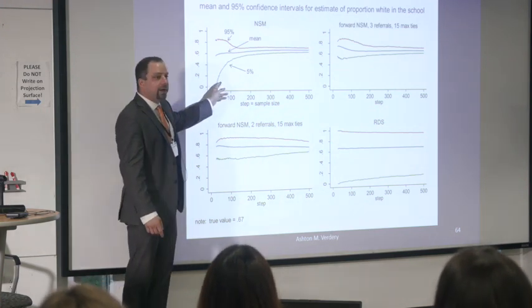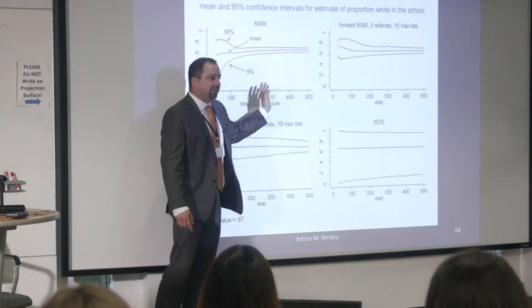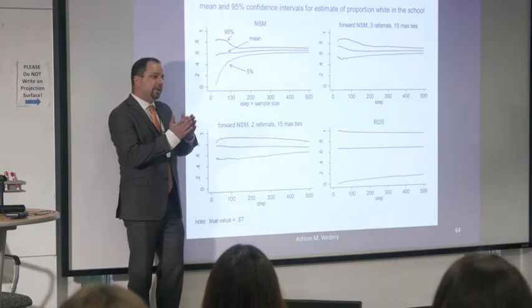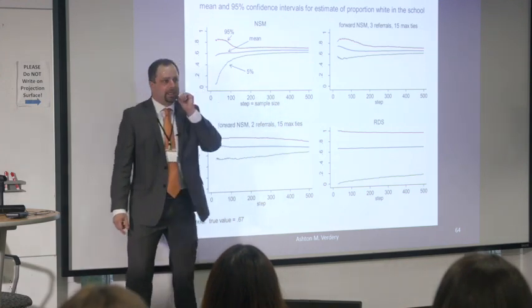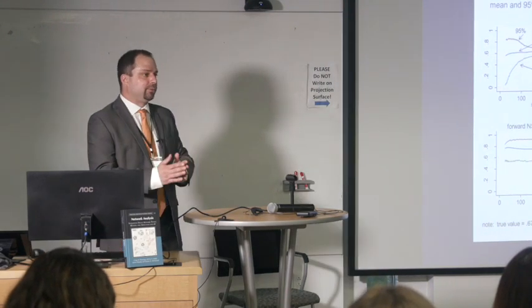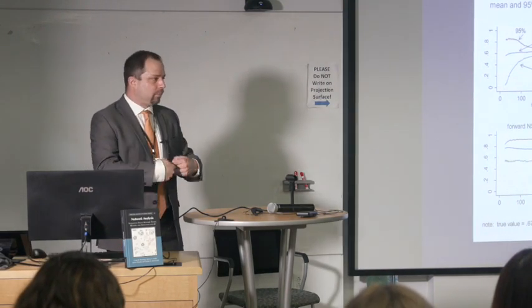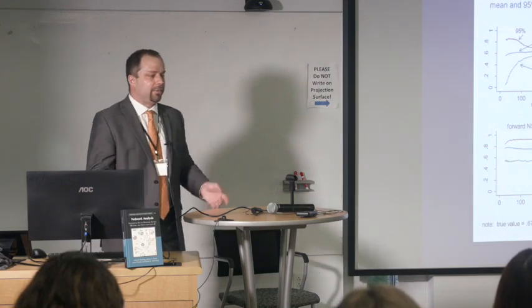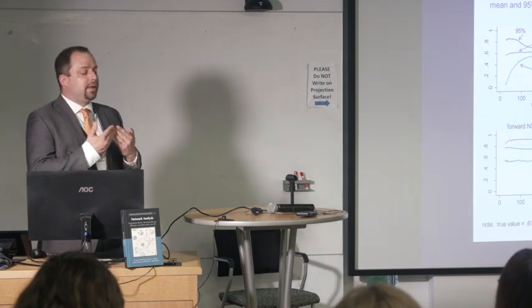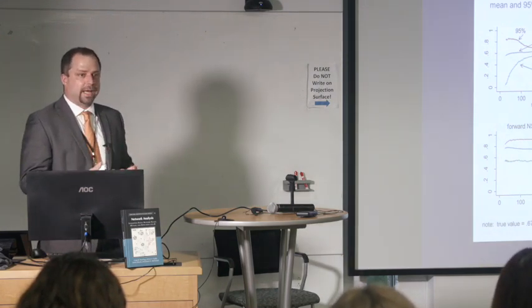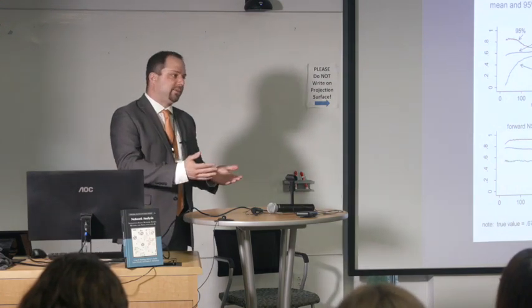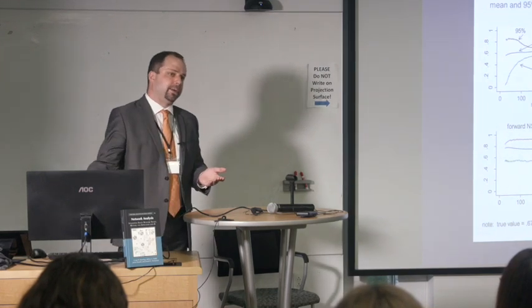What we see is that in our network sampling with memory approach, as well as in different variants that think about different ways of collecting the data, that confidence interval is collapsing very quickly to being very close to the population mean. It's not an estimated confidence interval, but an actual empirical confidence interval of running the sample hundreds of times on the same network. Which means that it's approximating the efficiency of a simple random sample at the same size. So if you sample 200 cases, it's got the same statistical power as a simple random sample of 200 cases.